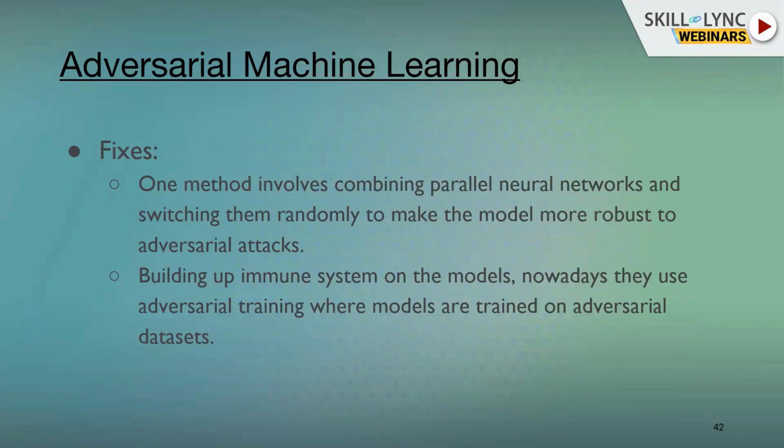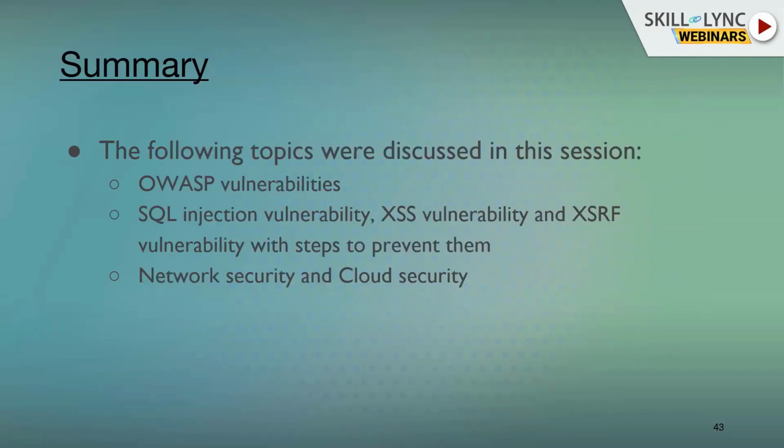So what could be some of the fixes? Whenever you're training a model, ensure that from a security perspective, you make sure the model is immune to it. Like what I said, try to subject some documents where the model finds it difficult, and if it finds such things difficult, think through how you want to handle those cases when you're churning out the model. This is one typical example of a fix you can apply when you're building your models. So I think we have come to the end of the modules.